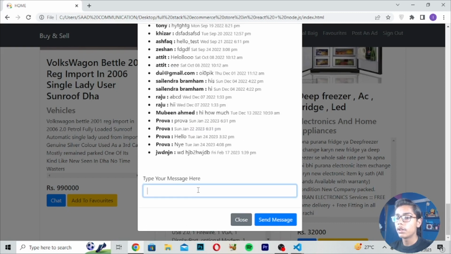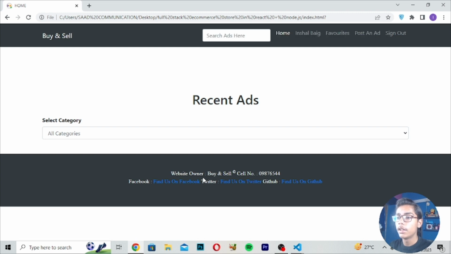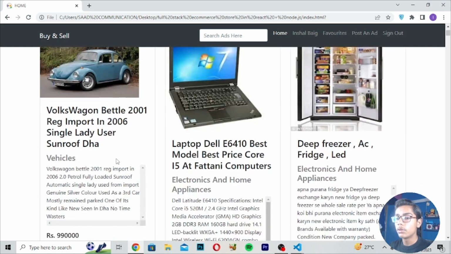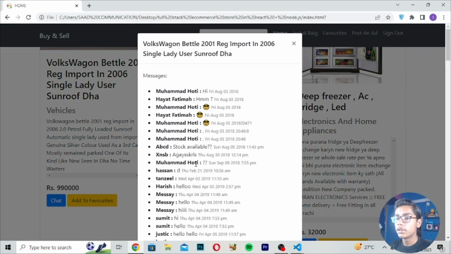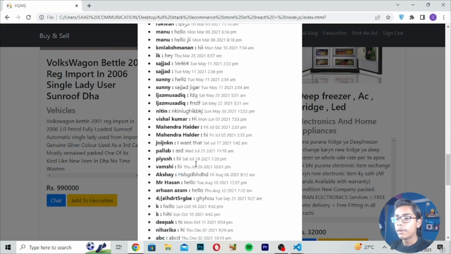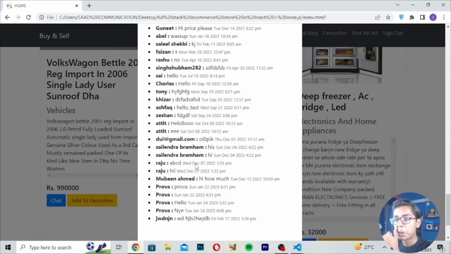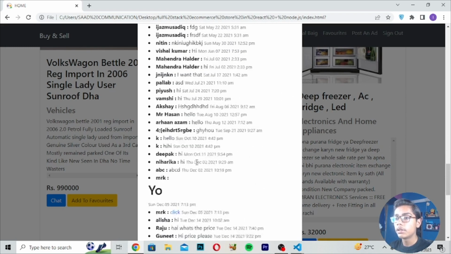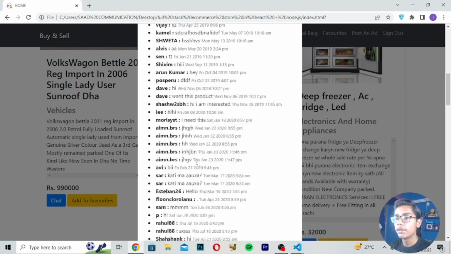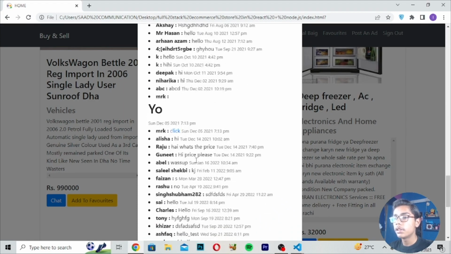You can also type your own message, like what is this. If I enter, you will be entering your message, and you will be getting your message when it is added. So you can see now if I just open this, we were chatting on this, so we will be getting our message here which we have written. You can see here we will be getting all the messages which we have just put here. So this is the thing which I wanted to show you.